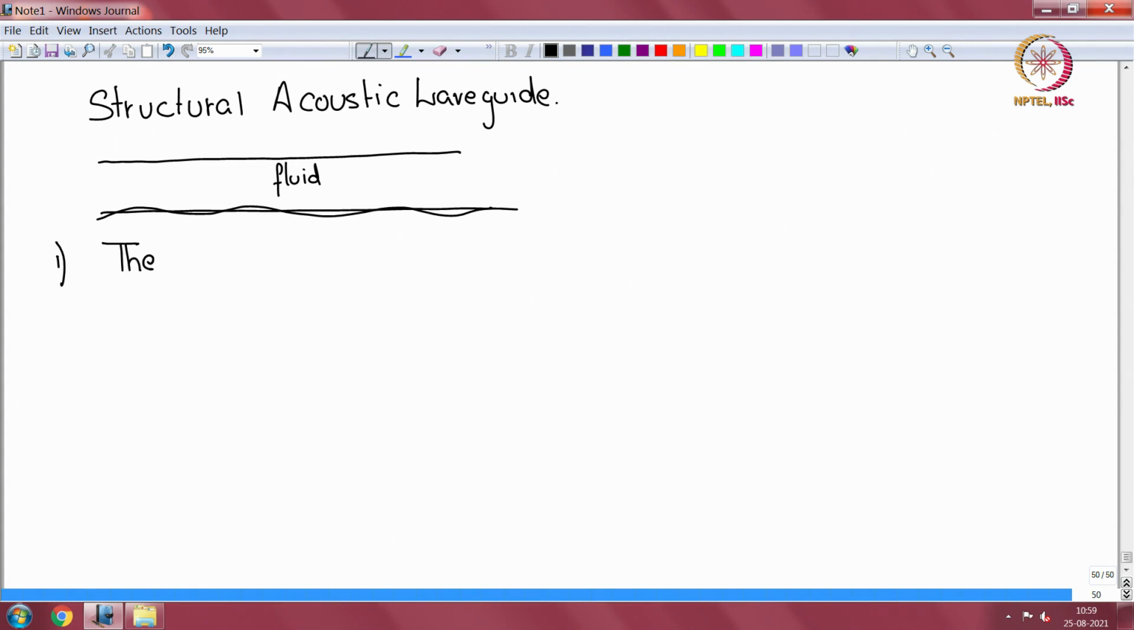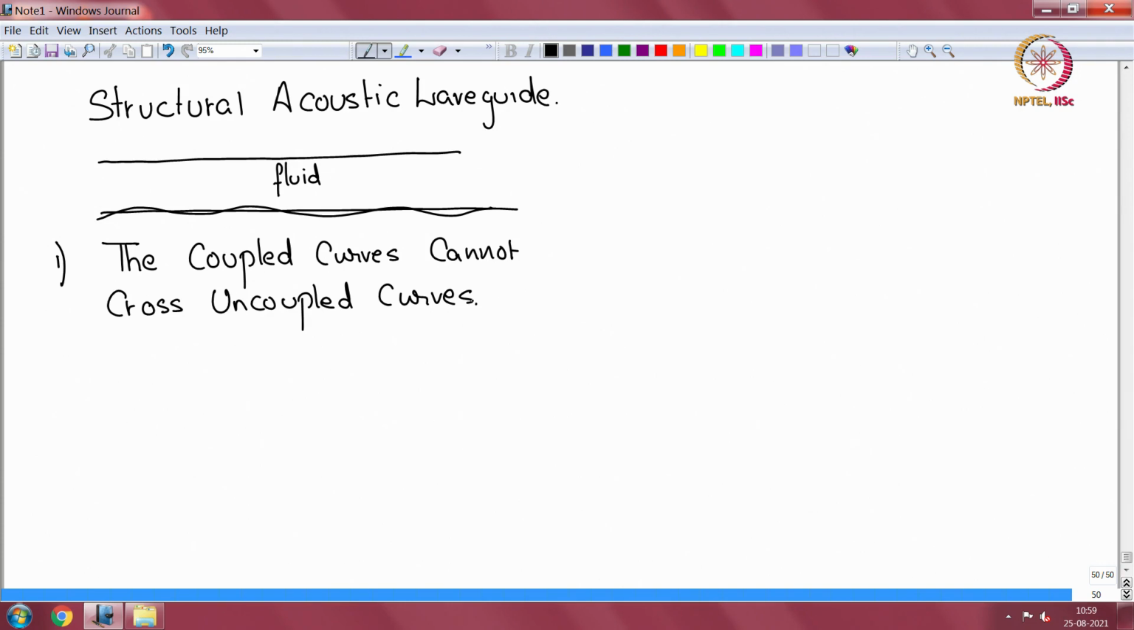the coupled curves cannot cross uncoupled curves, except at certain critical points. 2. The structural wave number